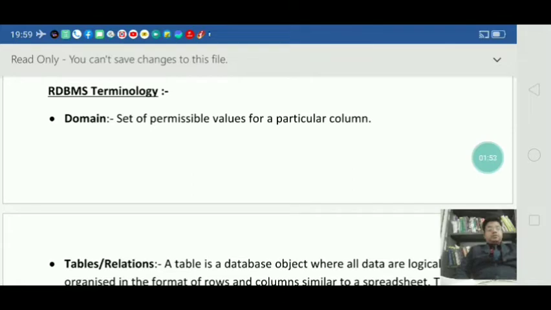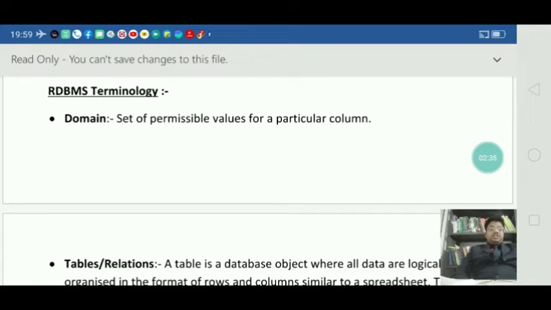Okay, for example, suppose your class teacher is maintaining your database. So he maintains the roll number of all the students, their names, along with their address, contact number, father's name, mother's name, all of these. Okay? So for roll number, they will enter integer type of data. In most cases, your roll numbers are like 1, 2, 3, 4, like that.